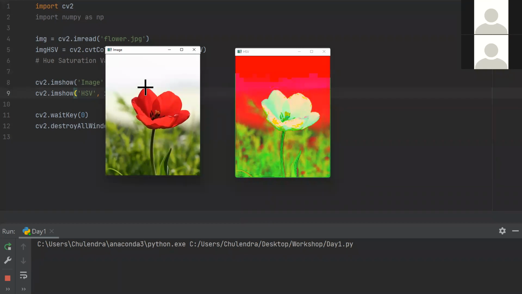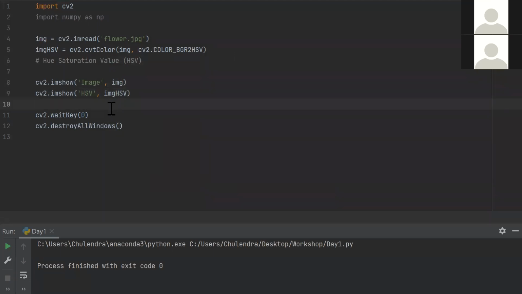So my target is to filter out this red color from this image. So let's see how to do that. So to do that,